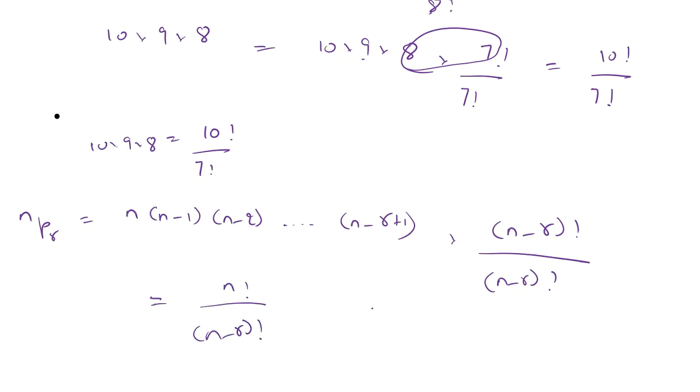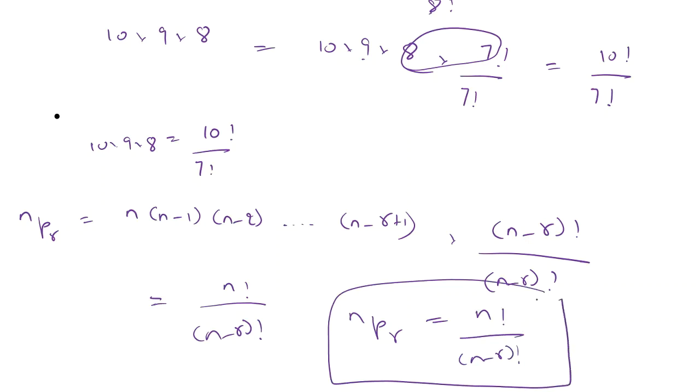Therefore, the number of permutations of n distinct objects taken r at a time, that is our nPr. nPr is equal to n factorial upon (n minus r) factorial. So this is the formula that you have to remember. So I repeat, nPr is equal to n factorial upon (n minus r) factorial, but you should not read nPr